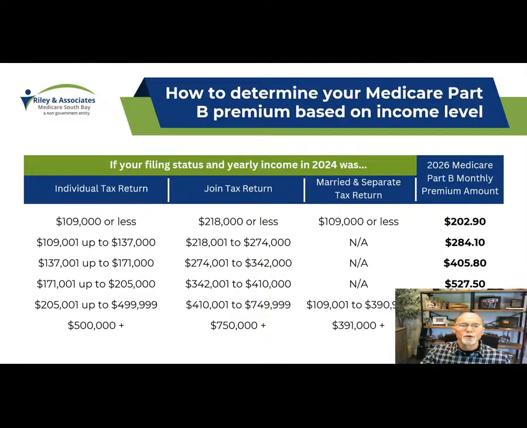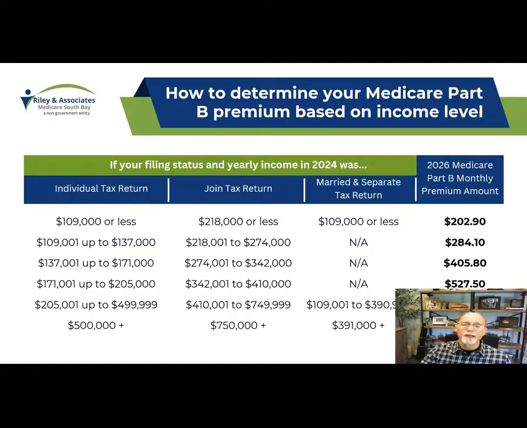And what they're going to do is once you sign up for original Medicare Part A and Part B, they're going to send you a bill for the first quarter, for the first 3 months. So, if it's $200 to $290, you're going to get a bill for about $609 for that first quarter. You can then sign up for what's called Easy Pay, so they deduct it from your paycheck or from your checking account monthly. If you're on Social Security, they will automatically deduct it. But just something to know that you're going to get that bill for the first quarter.